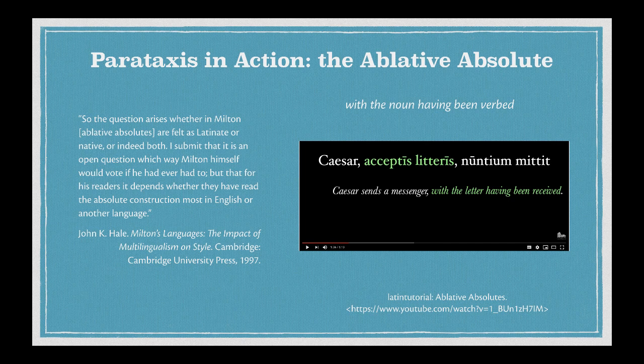Now, the one thing about the ablative absolute, the reason it's absolute is because that phrase or clause stands outside of the main clause of the sentence. The subject of the sentence cannot be in the ablative absolute. The main verb of the sentence cannot be there. The direct object cannot be there. So it stands apart from the sentence. Almost in a parallel paratactic structure.